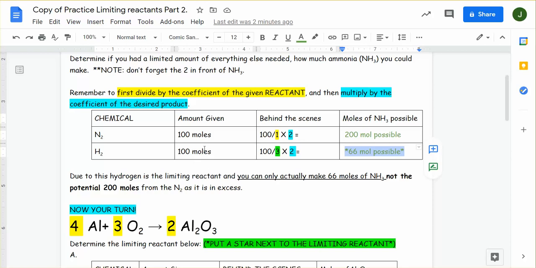Let's say we're making it as usual: I made the 64th mole, 65th, 66. We try to make that 67th mole, and we've run out of hydrogen by then. Even though we have plenty of nitrogen left, hydrogen ran out. So it's the smallest number possible, and that's our limiting